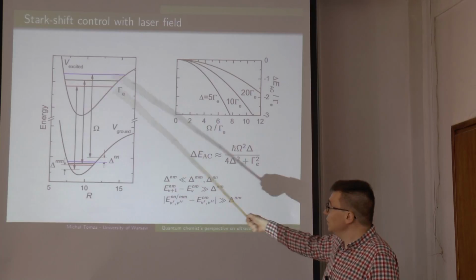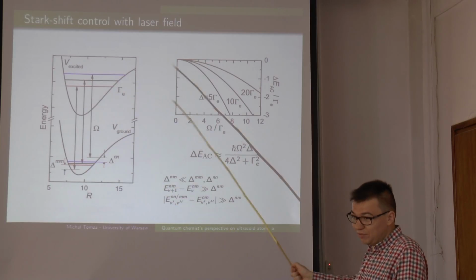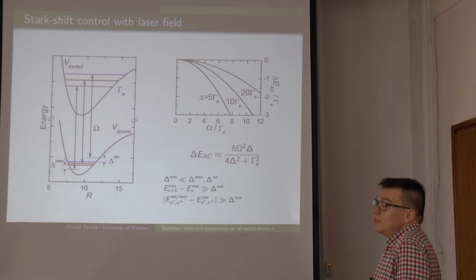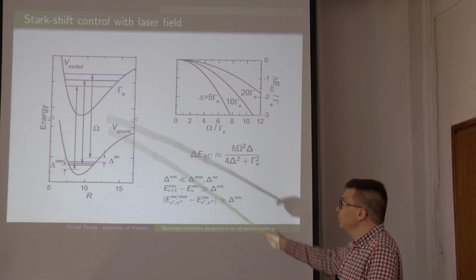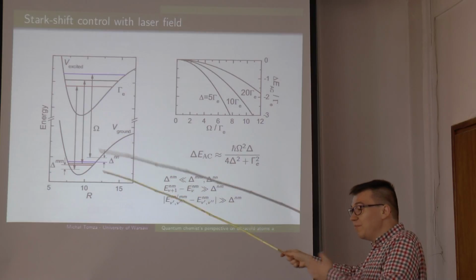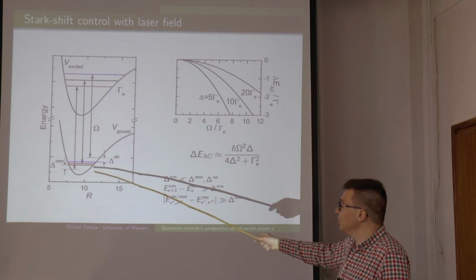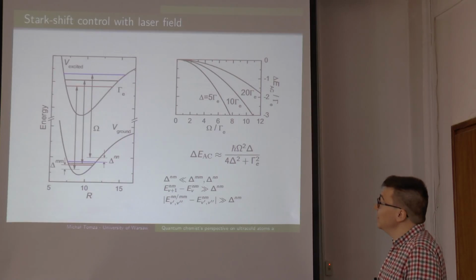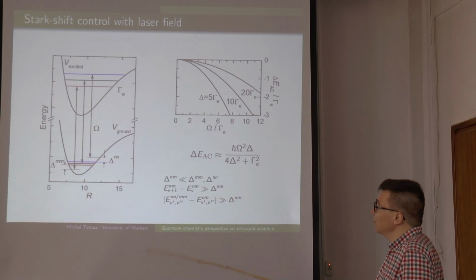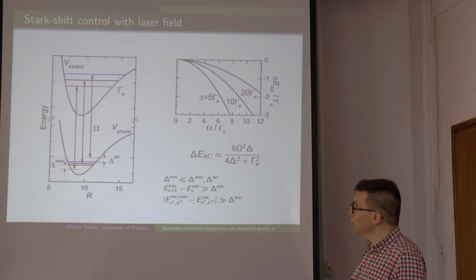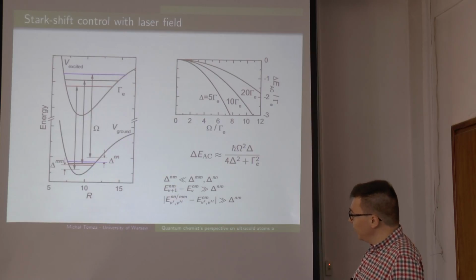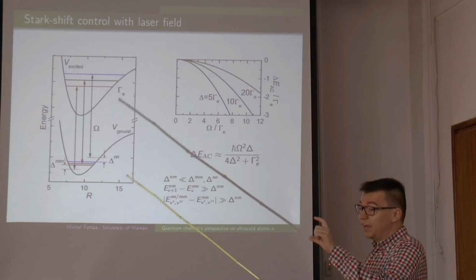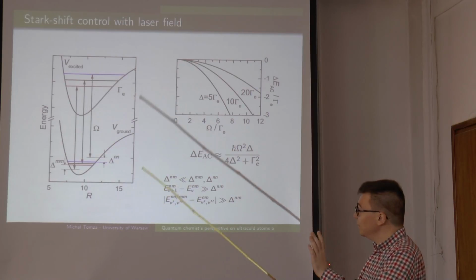In fact, this kind of condition can be easily found for most of the molecules that are used now, so most of the alkali dimers. In fact, for all of them, but it can happen, of course, somehow accidentally, that for some chosen transition these laser frequencies are resonant, but it will be only some kind of accidental coincidence. And in general, we can always find this kind of transition.